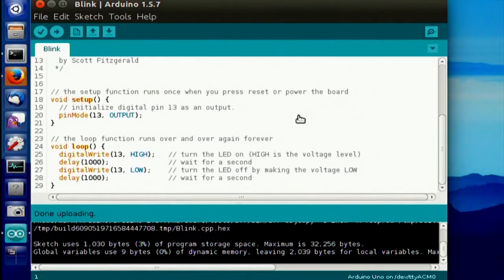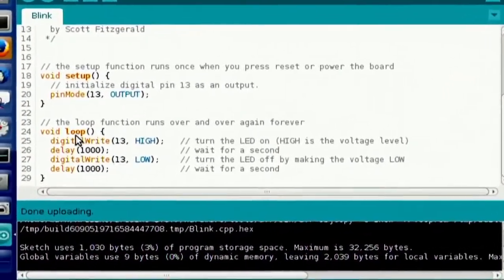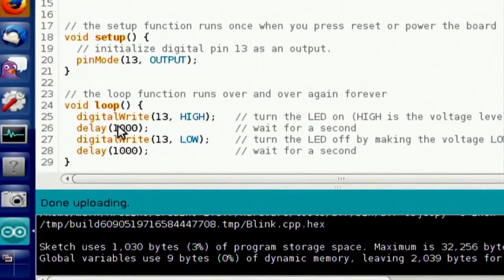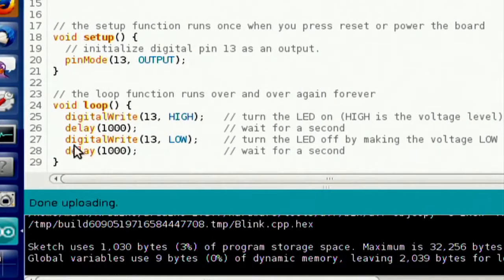What I have on screen here is just the Blink code that comes with Arduino. It's very simple code. It has a setup function and a loop function, which are the 2 default Arduino functions that you need to write. All it does is set pin mode 13 to output, and we'll go over in more detail what all of this means. Right. That happens in the setup, which runs once. Then in the loop, it sets pin 13 high, delays for 1,000 milliseconds, then sets it to low and delays for another 1,000 milliseconds. And then, as the name of the function implies, it loops. It goes around and around and does the loop function over and over again.